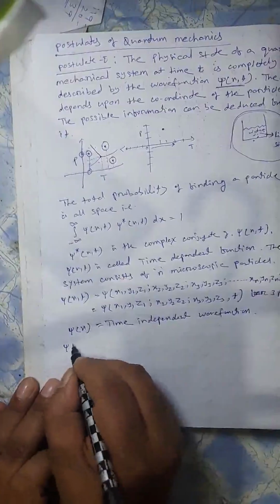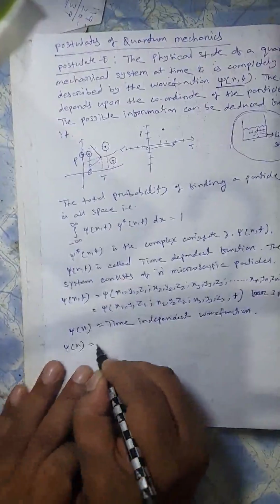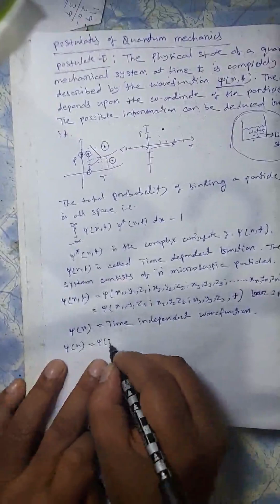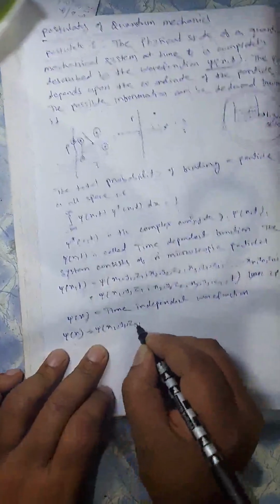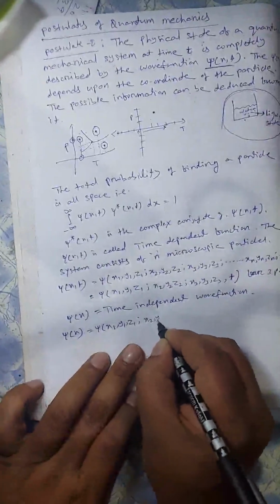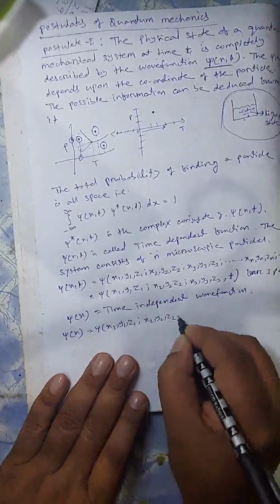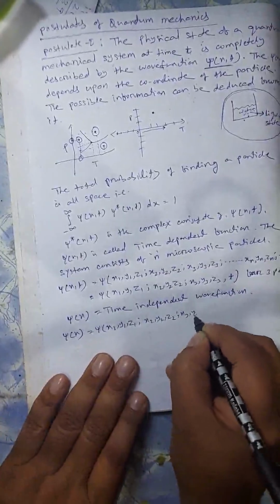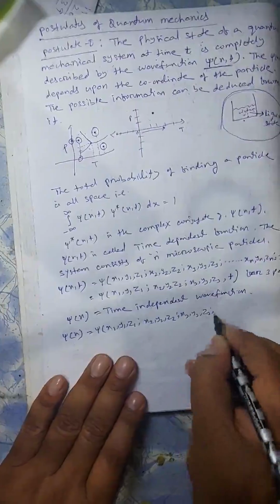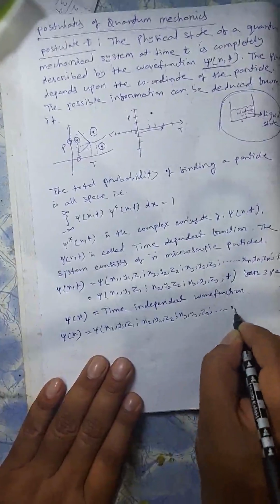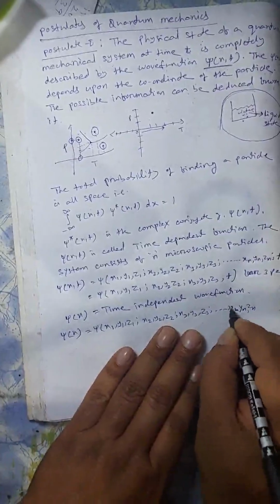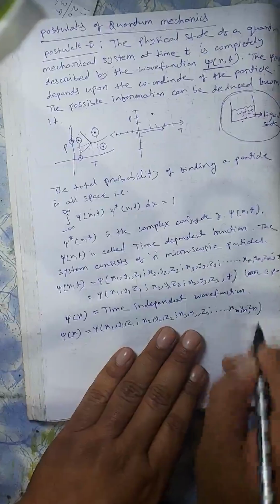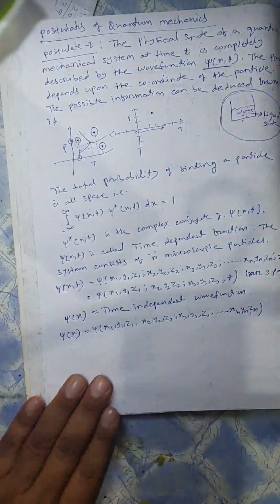For n microscopic particles, how can I write? Psi(x1, y1, z1, x2, y2, z2, x3, y3, z3, ..., xn, yn, zn). T will not be here. This is called